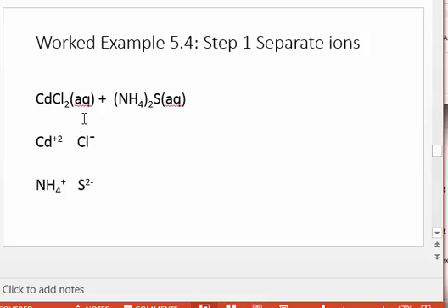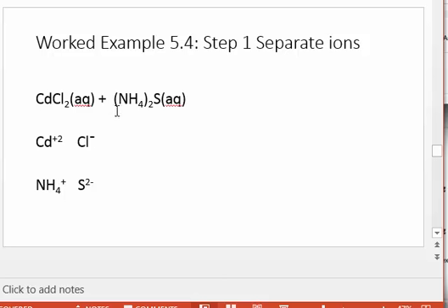Looking at cadmium chloride first, we know that chloride always has a -1 charge. Since cadmium has a variable charge, we will use the fact that there are two chlorides to figure out that cadmium has a +2 charge. Notice that although there are two chloride anions in the cadmium(II) chloride formula, we only use one chloride in this process. We will balance the chloride ions in the last step if a precipitate forms.